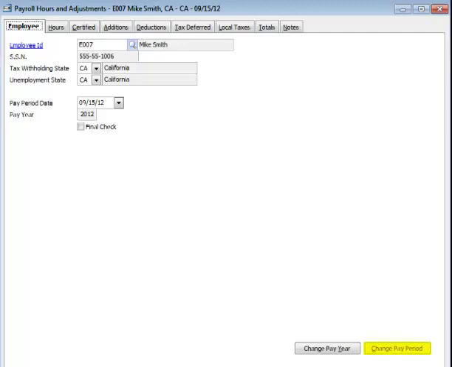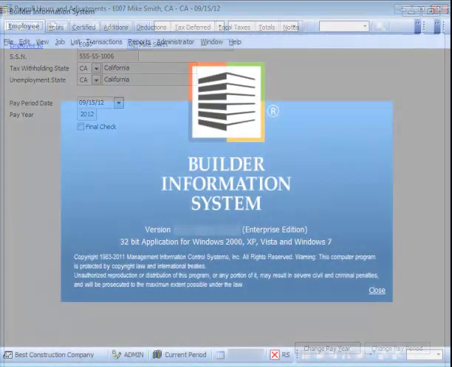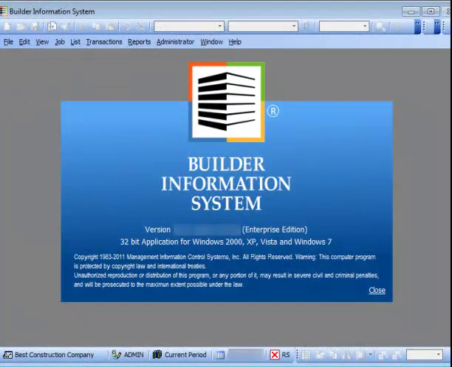The Change Pay Period will allow you to change the pay period date for the entire payroll run as well as the Change Pay Year. The Change Pay Year generally only comes into play when the last payroll run of the fiscal year overlaps into the new year. When the entire payroll run has been entered, the information may be reviewed for accuracy by using